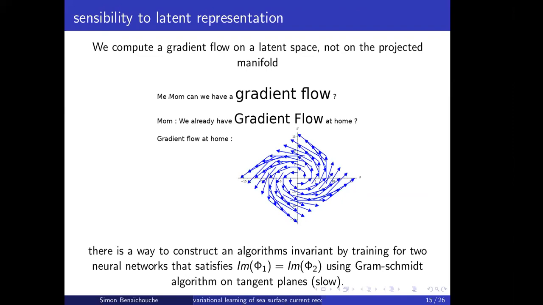To do that, we will use the Gram-Schmidt algorithm. I will not discuss it, but it will be very slow because it's an iterative process which is not parallelized. Maybe there are other processes to construct an orthogonal basis, but I don't know if we can do this with a well-parallelized algorithm.